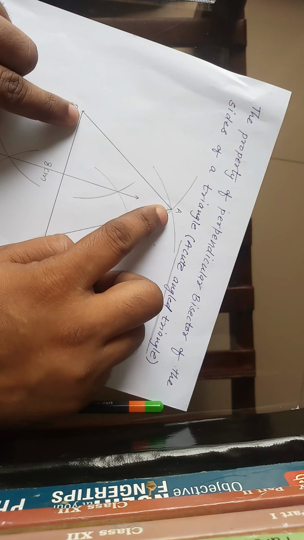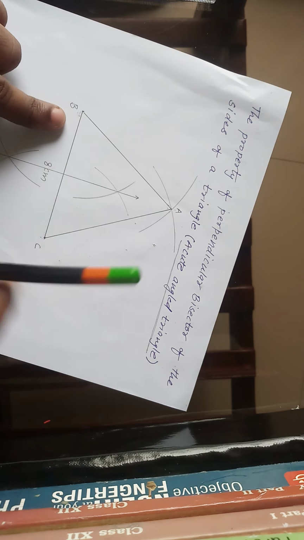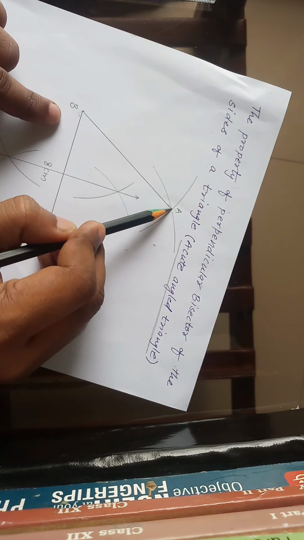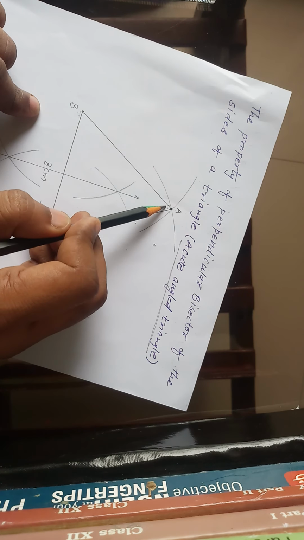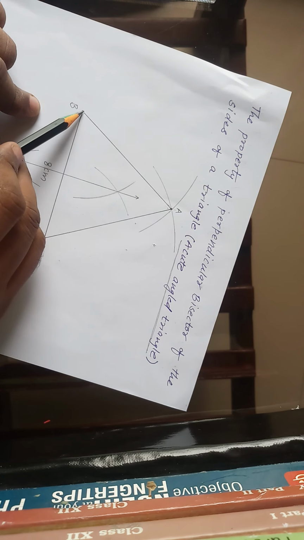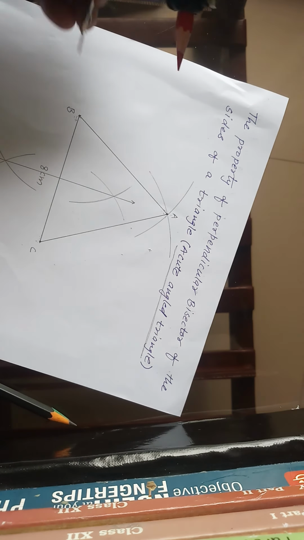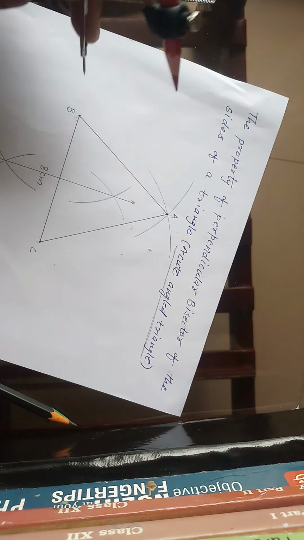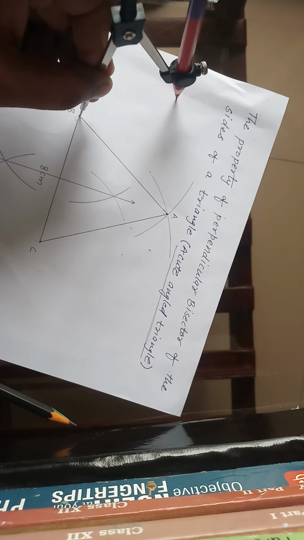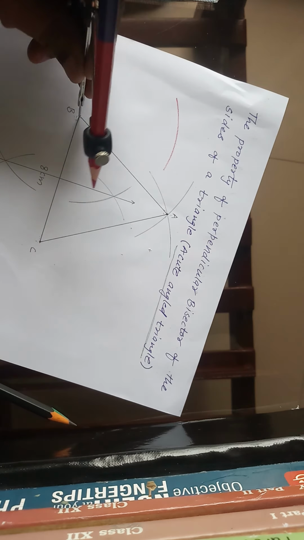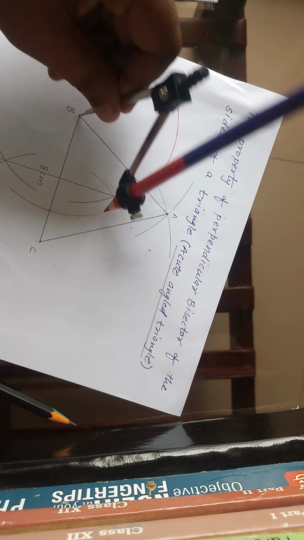Now we will bisect side AB. To bisect side AB, you will choose the end points of segment AB. This is the end point A, this is the end point B. Again we will do the same thing. We will take the distance in our compass that should be more than half. Now I am taking some different colors so it is visible to you very easily. Now see, already it is more than half. So I will draw one arc here, and the other arc I will draw on the opposite side.